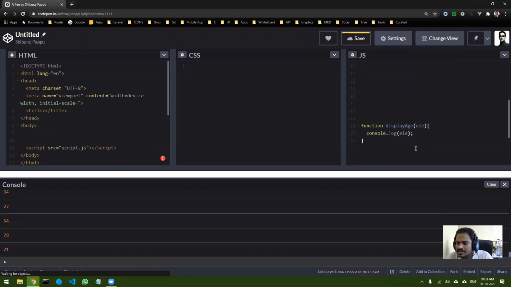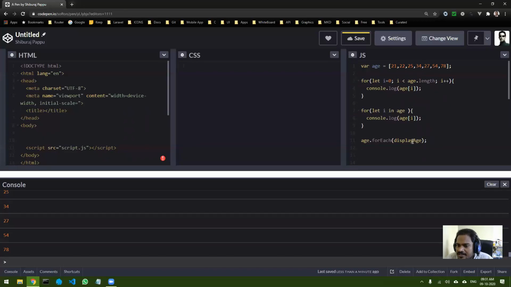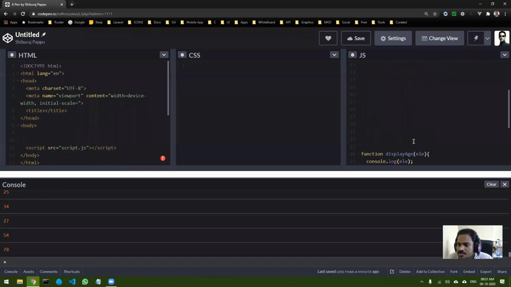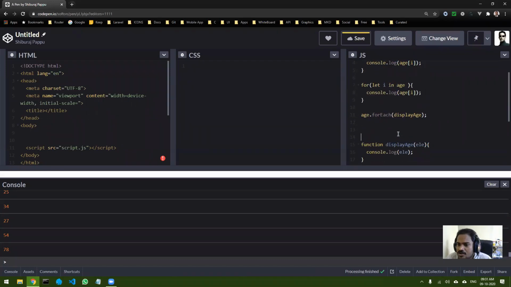So this particular function is somewhere down. When you look at this, what do you think? It looks like a variable, right? That is the problem when we use normal functions as callbacks. To avoid this confusion, it is better in such cases to use anonymous functions.